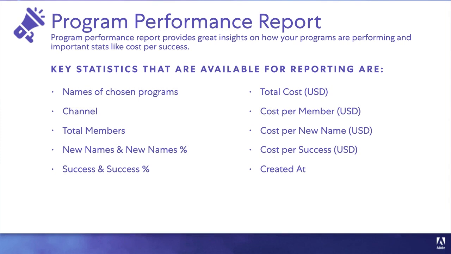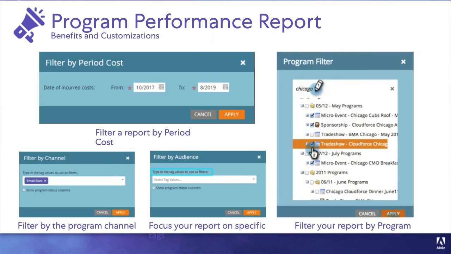Additionally, if you define period cost for a program month on month, you can also report on metrics like total program cost, cost per new name, and cost per success. Again, like all the other reports, the Setup tab is where you can filter the program for period cost, channel, tag,